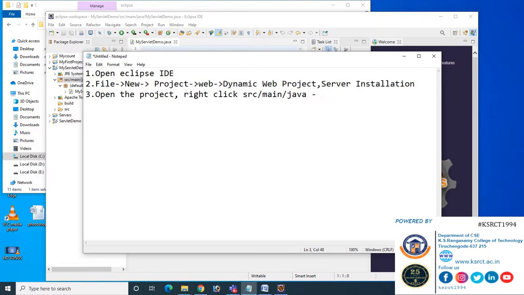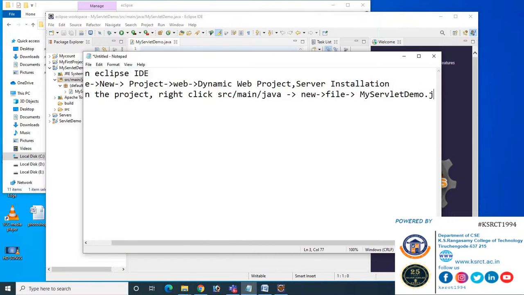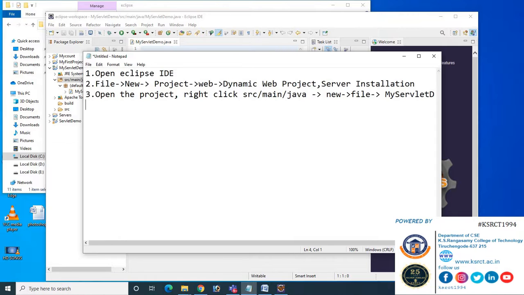After right click we have to get into New File. We have to give our new file name. Let us give it as MyServletDemo.java.